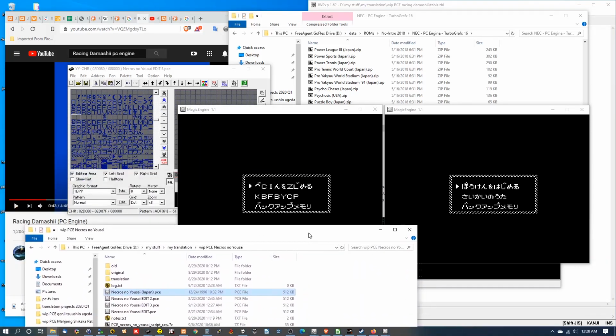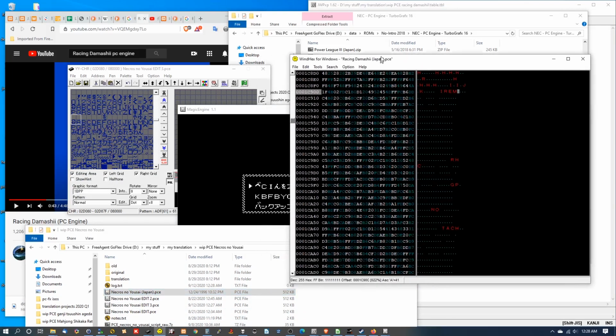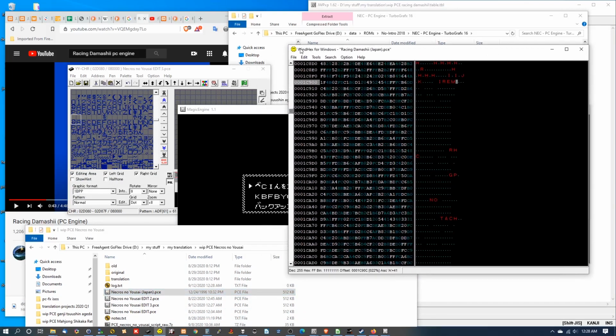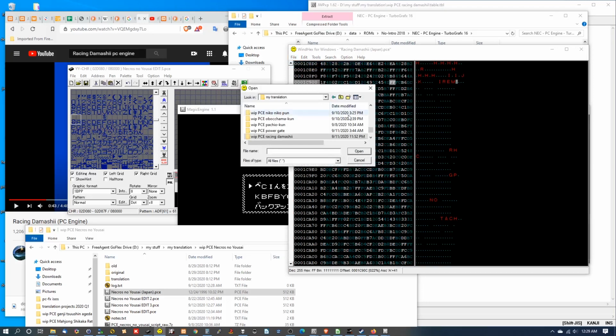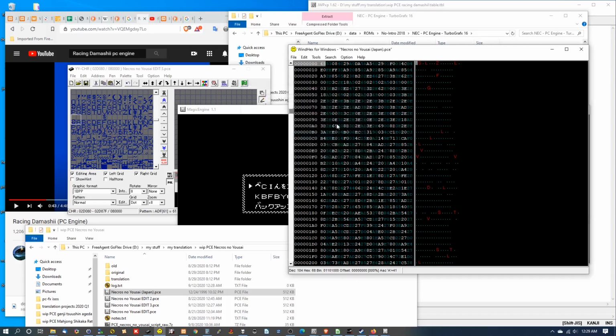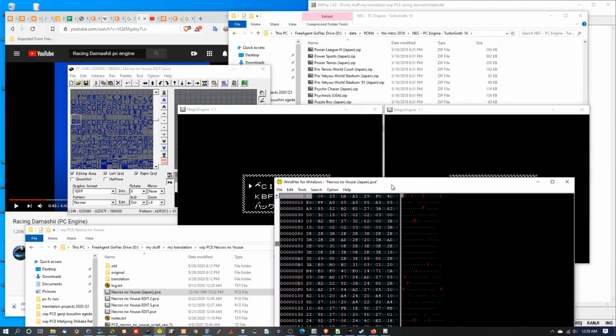One thing that this lets us do is open up a hex editor like WindHex that I'm using, and we're going to File, Open, PCE Necros no Yosai, and we're going to search for,